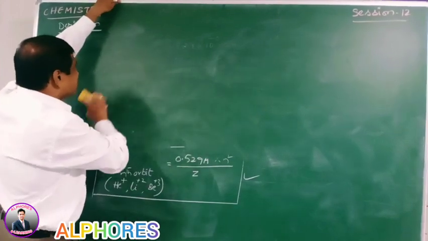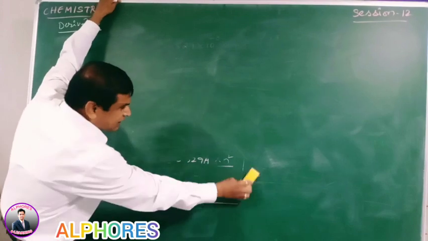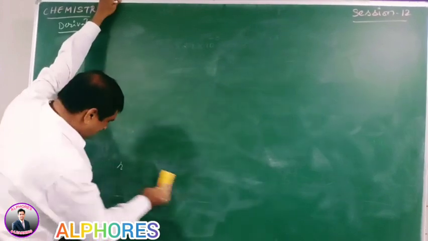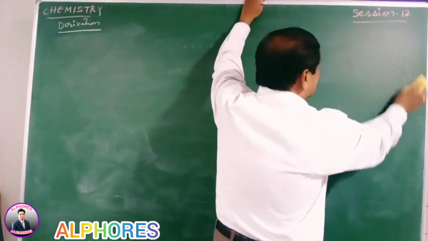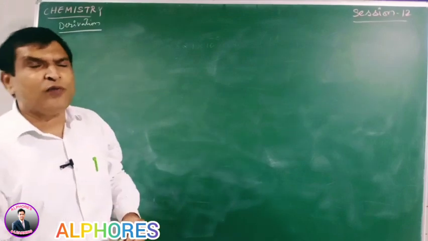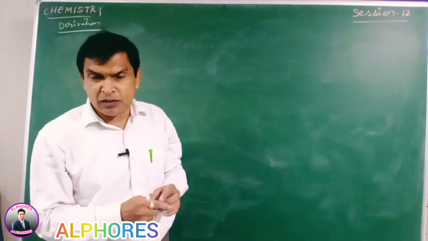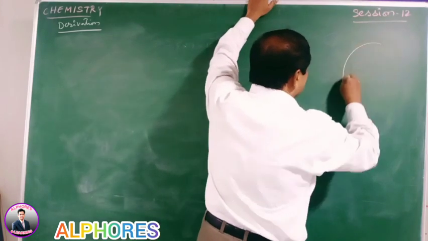So how can we derive the energy equation? According to Bohr, the electron is revolving around the nucleus in a circular orbit. That we know very well. When the electron is revolving around the nucleus in a circular orbit,